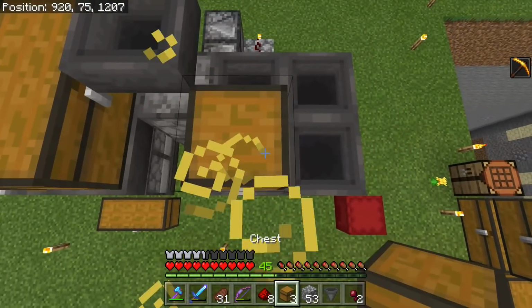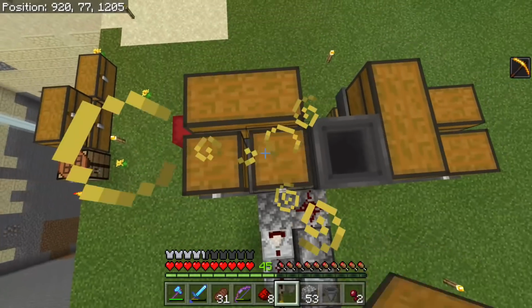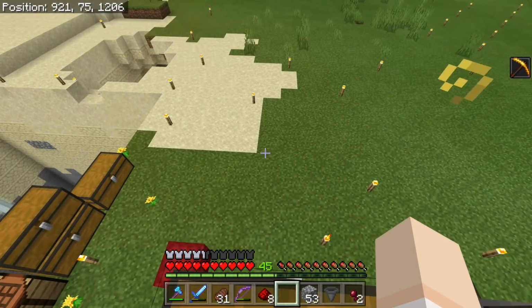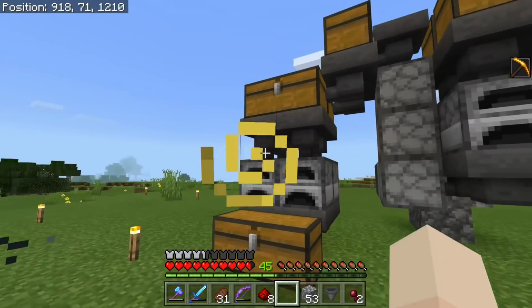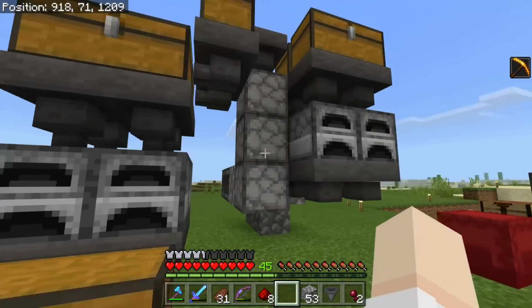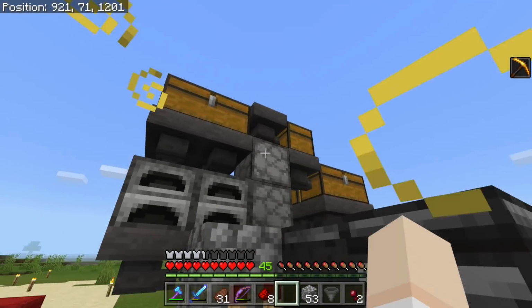And then double chests. And I am left over with 1 hopper. So I made this in my redstone world first. And I could have sworn I needed 20. So we have 4, 8, 12, 16...